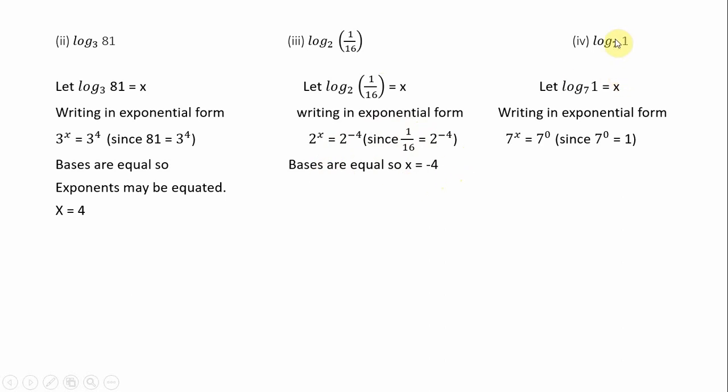Now the next one, log 1 to base 7. Yesterday I told you log unity. I told the word unity. I have used that. So log 1 to any base is equal to 0, I said. Anyway, so here let log 1 base 7 is equal to x. Writing in your exponential form, you can write it as 7 to the power of x is equal to 1. 7 to the power of x is equal to 1, you are going to write it. But 1 can be changed as 7 to the power of 0. Anything to the power of 0 is equal to 1. No, we can write it as either 3 power 0, 4 power 0, 5 power 0, whatever we want, we can write it.